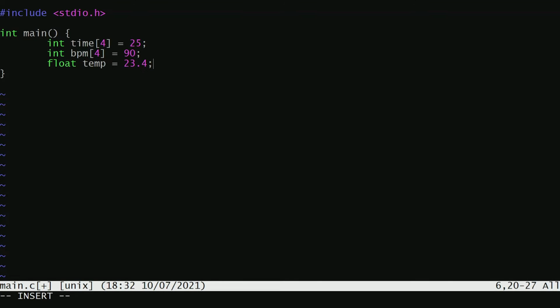So let's actually create a structure for our tracker here. At the top of our main function, we need to create a structure. So struct is our keyword, and we're going to say tracker. Okay. And we open up our curly braces, and we can put our variables in here. So we can say we want to have a tracker that contains our time, a tracker that contains our beats per minute, and also the temperature of the outside, which is going to be